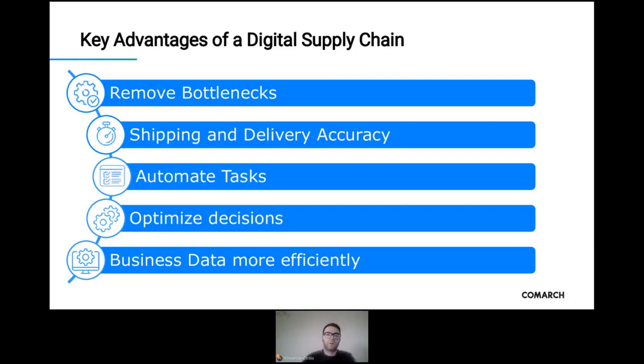be out of stock. And also by running your operations with digital tools, you can even create a working environment in which your order and delivery times can drastically minimize. And this, of course, also will bring more automated tasks, resulting in more time also for your employees, while they can also focus on other important